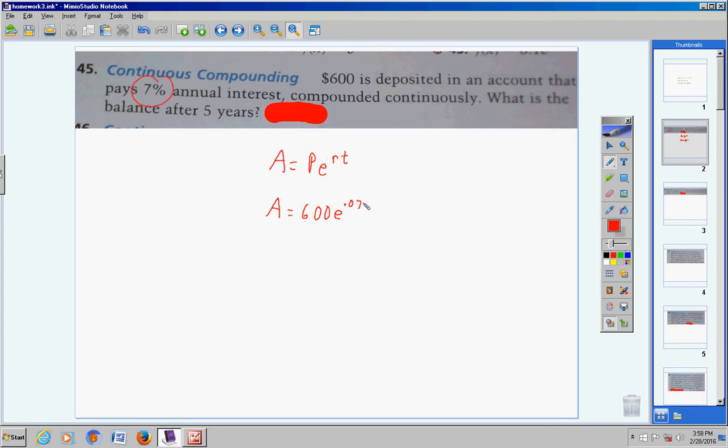T is 5 years. So with your calculator, first of all, if you type into your calculator 0.07 times 5, which I'm doing right now, you will get 0.35. So really your exponent is 0.35 when you multiply those two numbers together. Now with your calculator, type in 600, then hit your E button and this will pop up. And then type in 0.35, close your parentheses and hit enter. And you will get the correct answer, which is